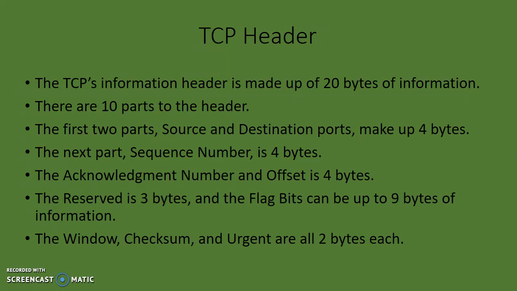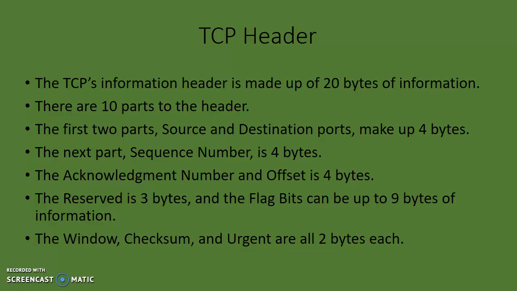Now I told you I would talk about the TCP header. This is where it's going to come into play. The TCP header is made up of about 20 bytes of information. There are 10 parts to this header. The first 2 parts are where you're going to find the source and destination ports, and this makes about 4 bytes out of that 20. The next part,